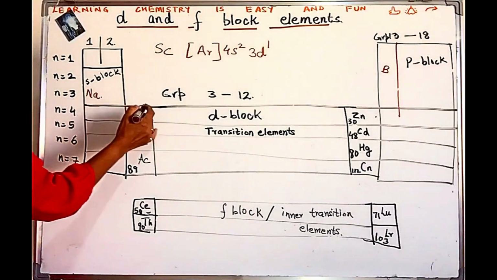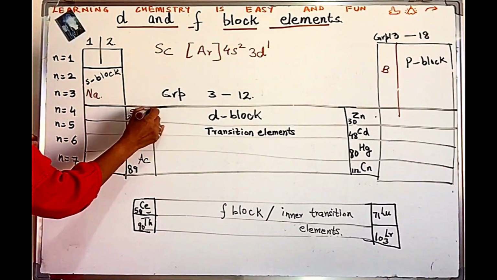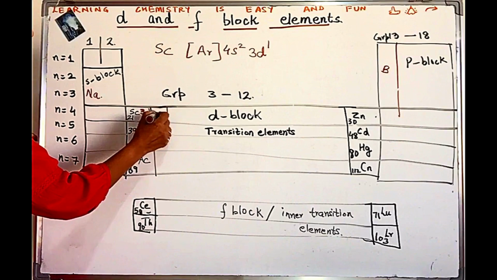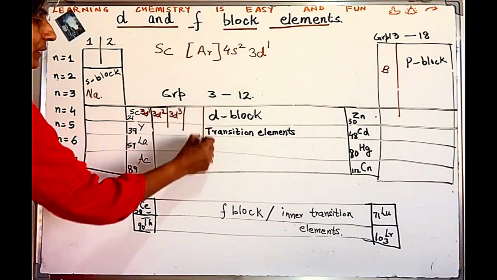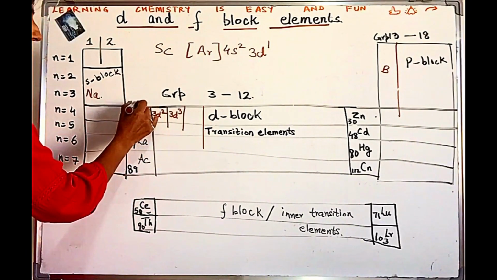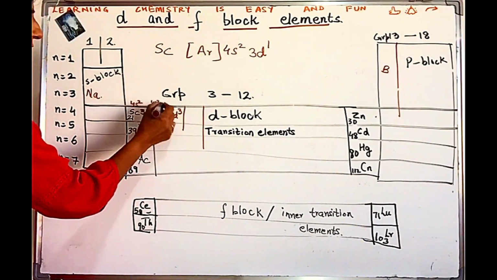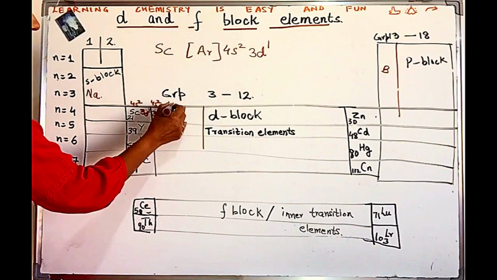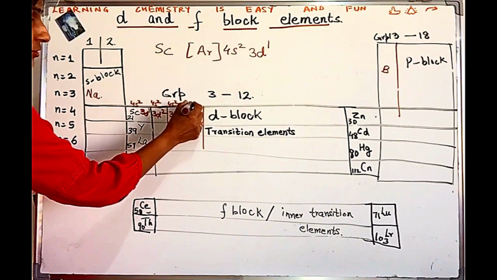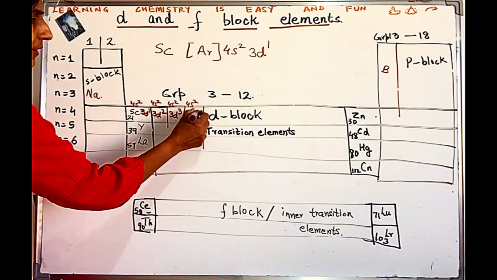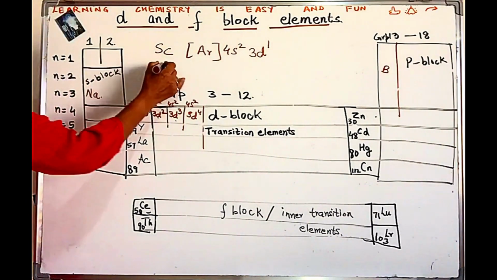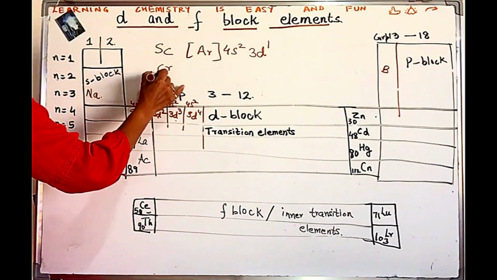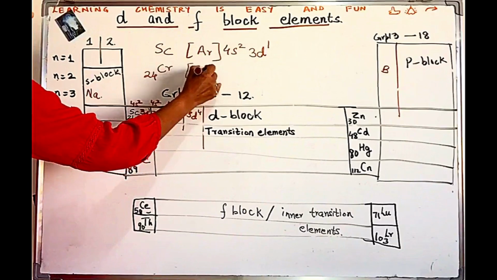So if I write over here, scandium will be 3d1, right? The next element will be 3d2, third 3d3, next one, and don't forget the 4s2 with every one. So 4s2, 3d2, 4s2, 3d3, 4s2, 3d4, right? Here the element I am talking about is chromium. Chromium, atomic number 24. Argon,